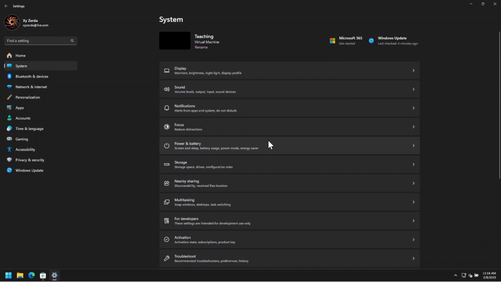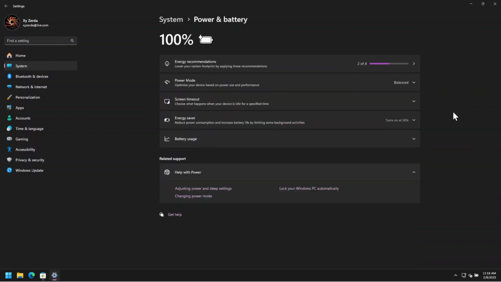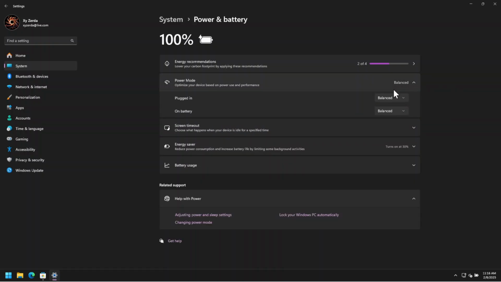First of all is the power and battery option, which, computer's getting a little bit slow. If you use your computer frequently, as sort of a power user, I usually go for performance mode, which essentially,